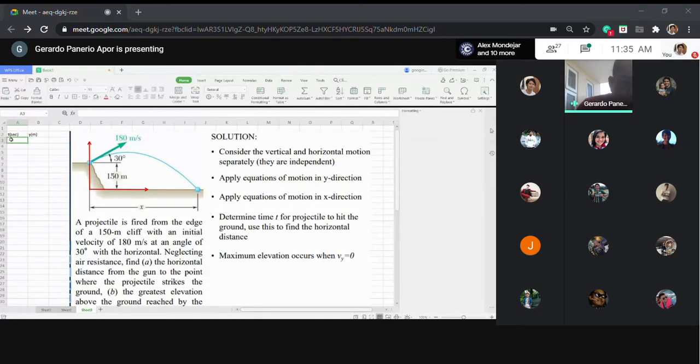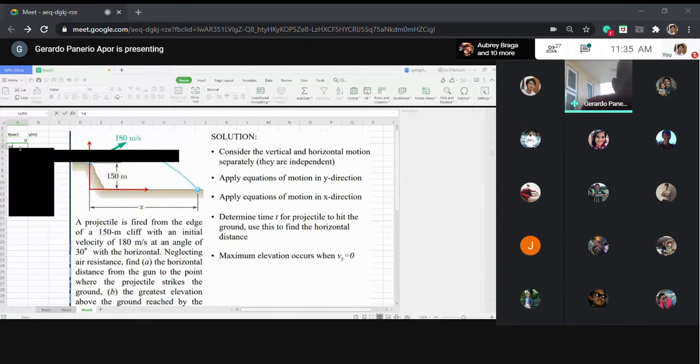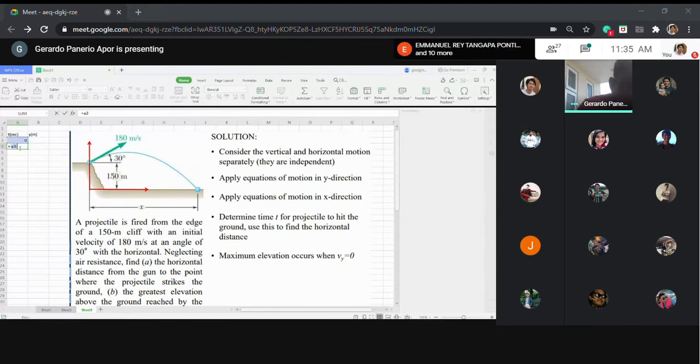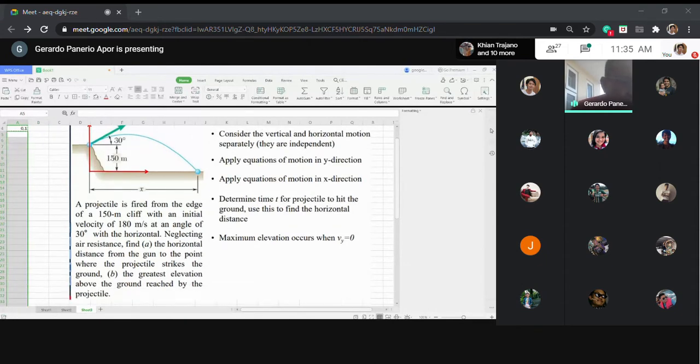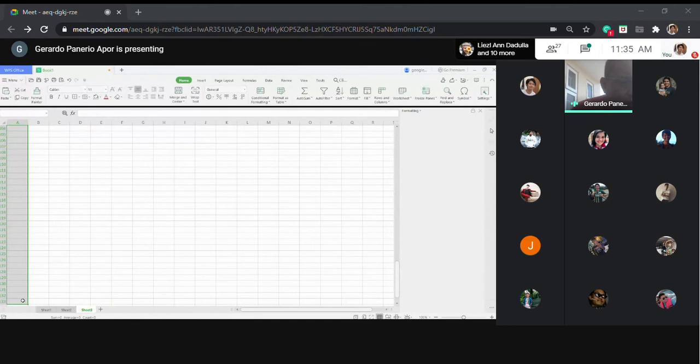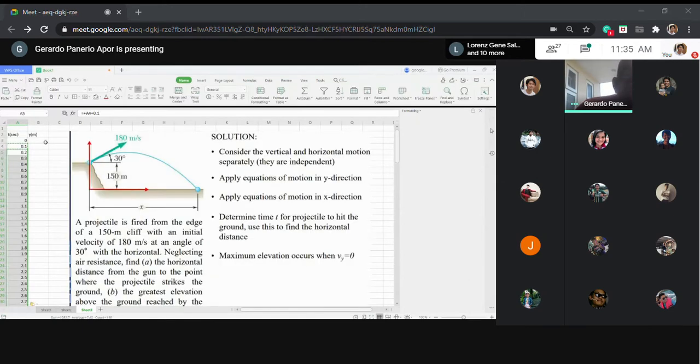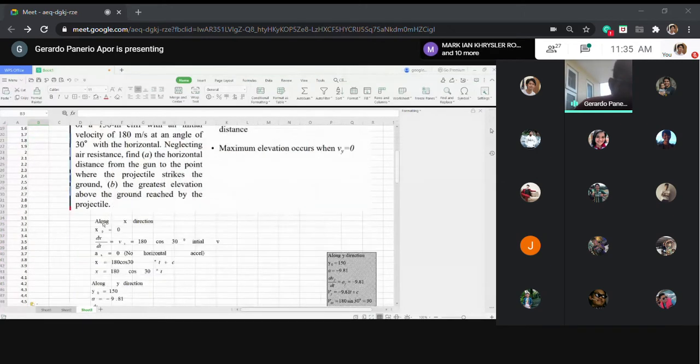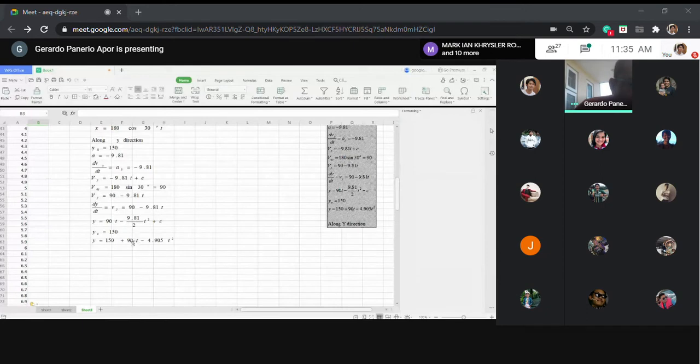First I'll assume time 0, then I will add 0.1. So I'll say time increasing, I copy that, then plot it as much as I can, maybe up to 200, up to this. Okay, so I have my set of time. Then the equation of y I'm going to use is the last equation,